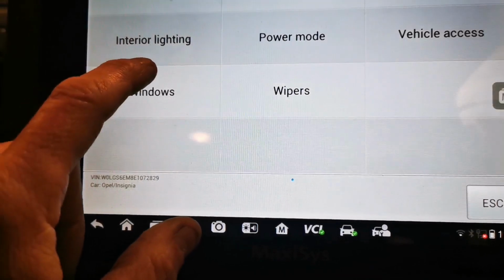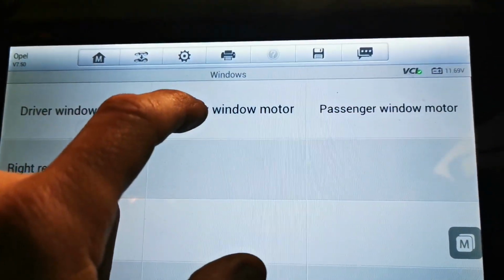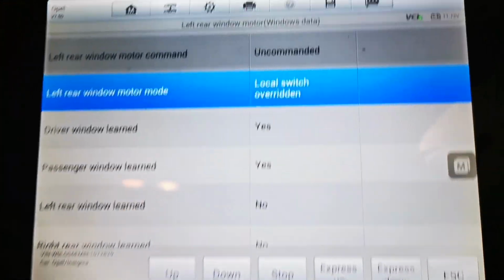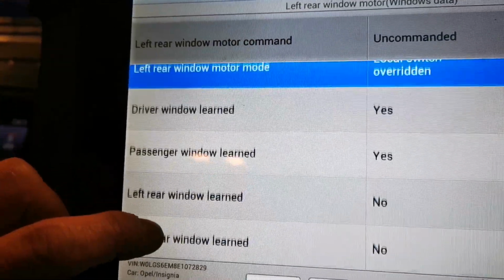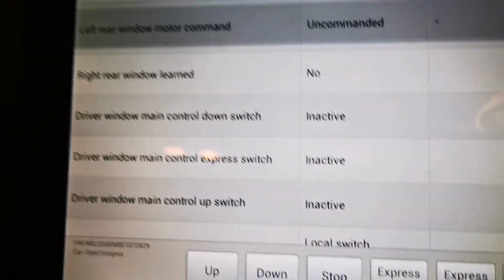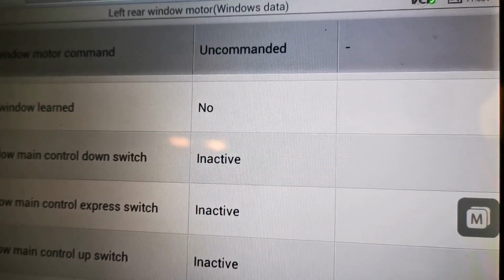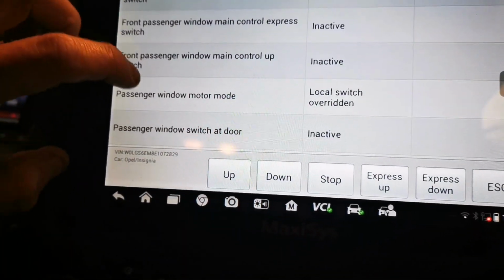So have the boys in blue actually disabled these windows in the programming, maybe? Or over here it's the boys in green. But local switch overridden. Driver window learn, passenger window learn. Yes, yes, no, no. Driver window main down switch inactive. Right. Let's see. Driver window. Right, we're getting a response on the fronts. Well, we know the fronts work. So